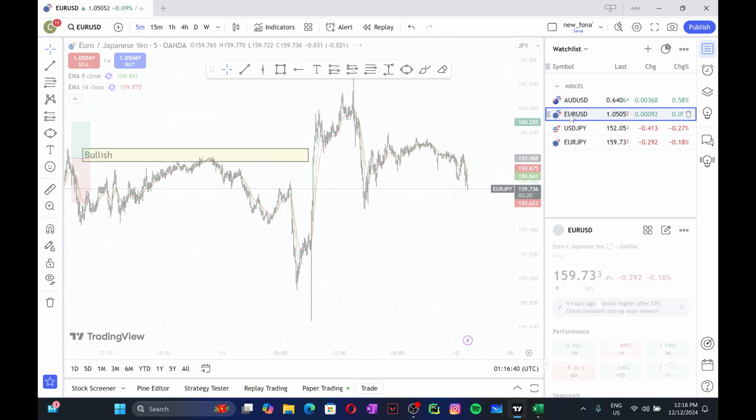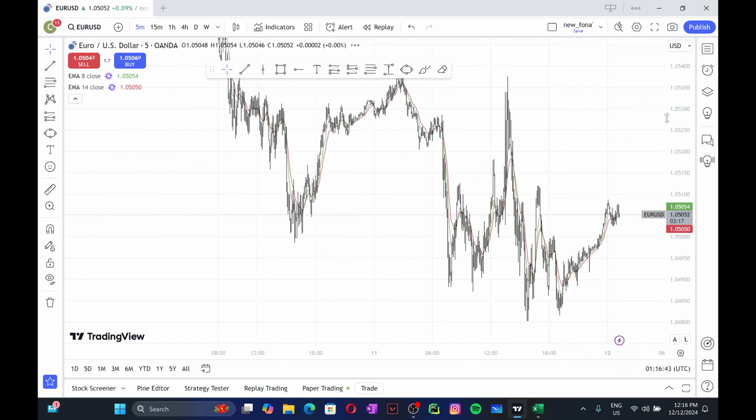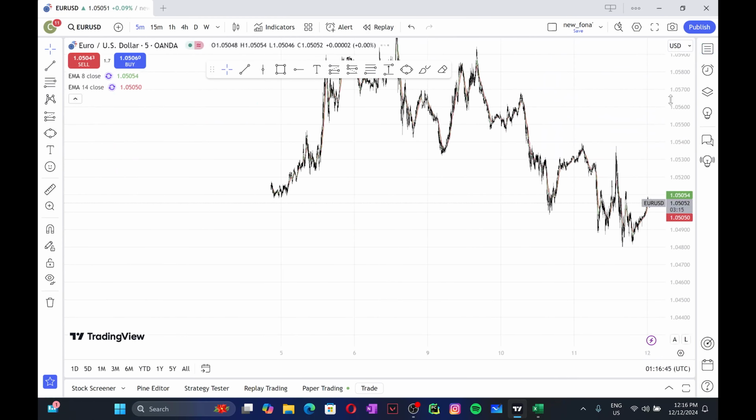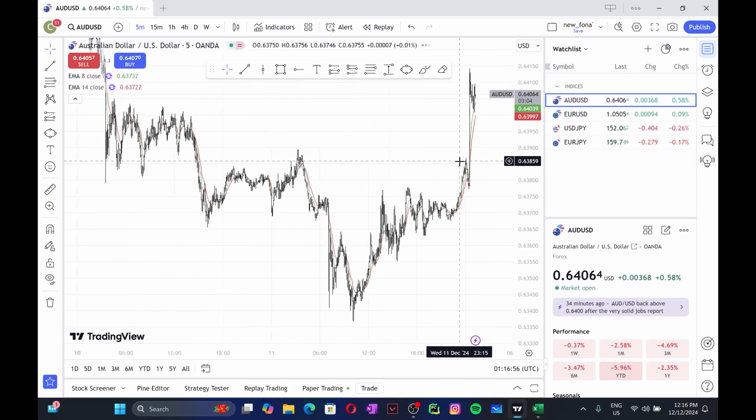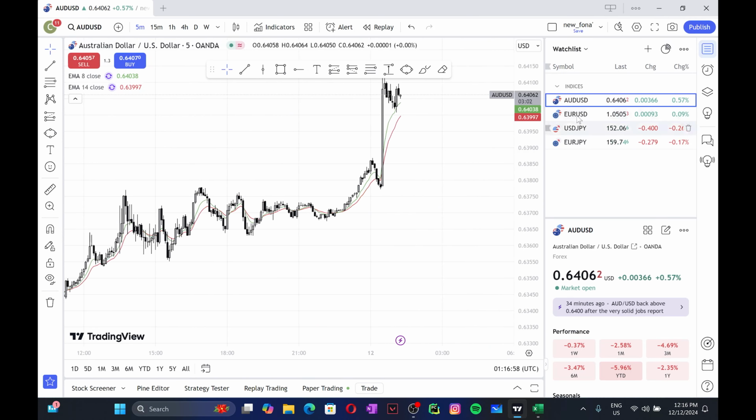Okay, you know what? I would actually take trades in the EUR-USD. Today we're gonna focus on EUR-USD. So I believe that the four main things which I'll be focusing on is these four. The USD-JPY is the top priority, and I don't know which one to use. I don't know if I could use AUD-USD as well, which is insane.